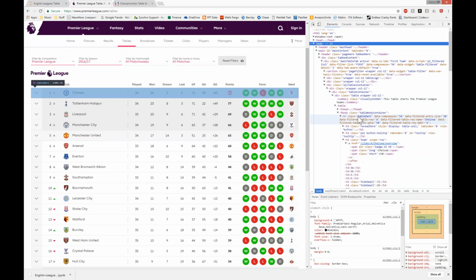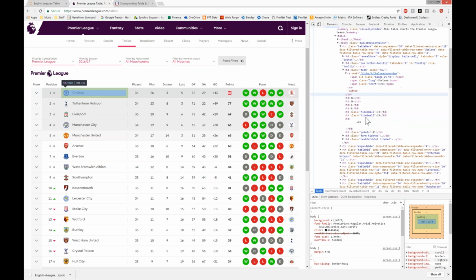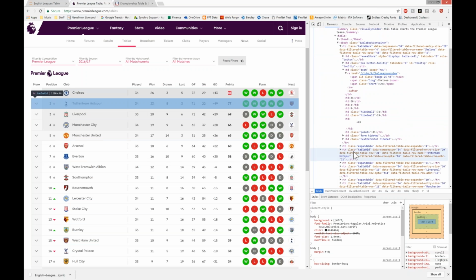Chelsea and the points are what I'm looking for, and that's the closest I can get that has both of that information all at once. And I want that for every team. So now I need to find an attribute for this TR tag that is within every TR tag that has these team names and points in. Once I do that, which is data-comp-season 54,